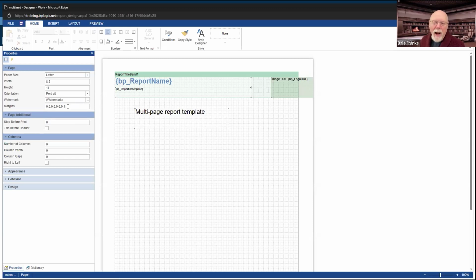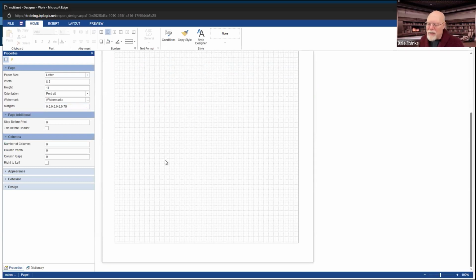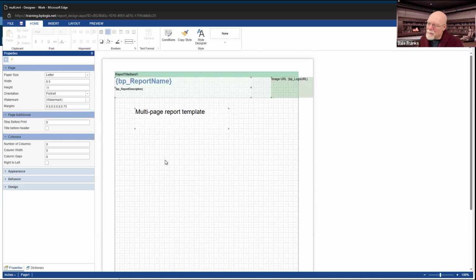And then we're going to do the bottom margin. Now, for the most part, 1/2 inch even is iffy for the bottom margin for most printers. So we are going to go to 0.75 for a safety margin. So with that, that gives us, I think, about the smallest margins we can get away with.